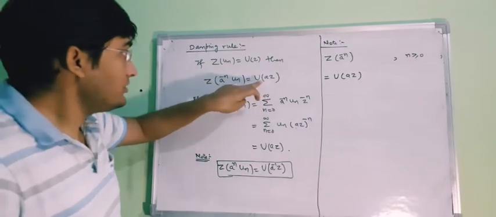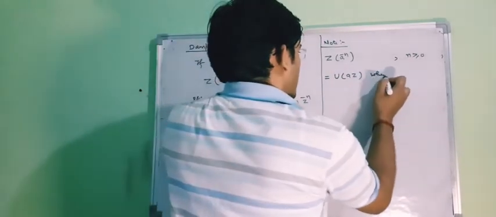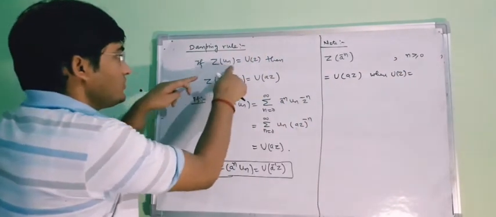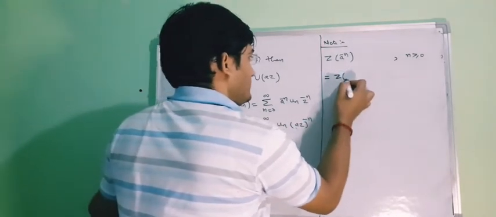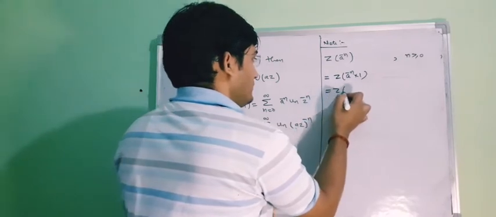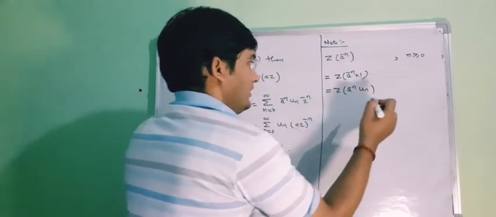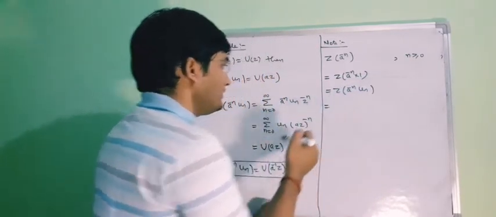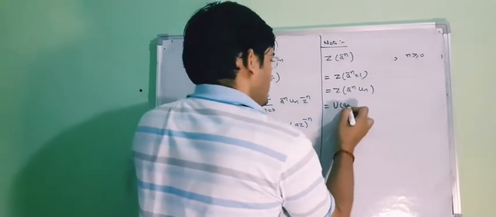Now here U(z) means the Z transformation of u(n), and here we can also write this term as a power minus n into u(n). So here our u(n) is 1. So the Z transformation of a power minus n u(n) will be U(az),